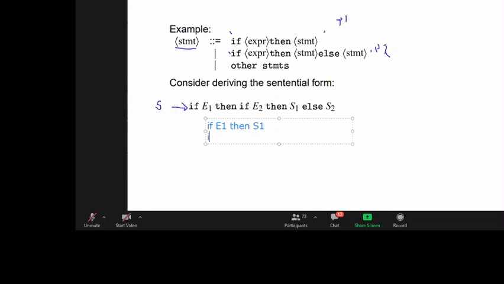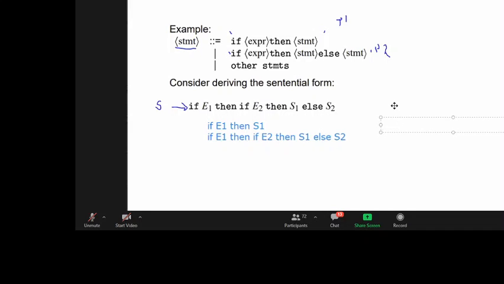going with the leftmost derivation, I'm going to have if, E1, then if, you can see I'm just following the second production now, then if S1, else here, this string over here, where we've used production number 1 and then followed with production number 2. The other way that we can do it, and I'm going to try and use a different pen